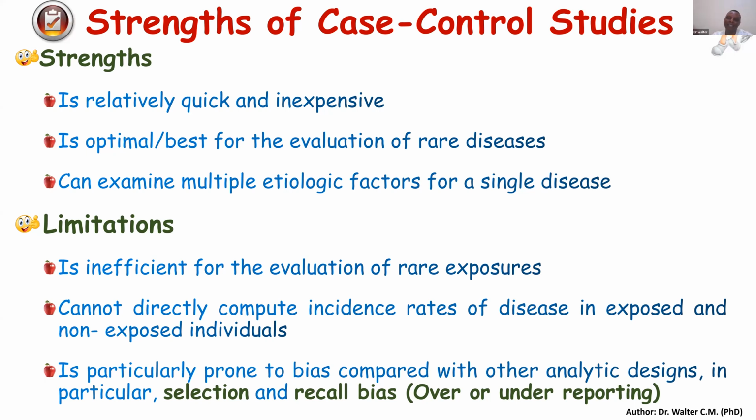But if they are a large number, it means you opt for cross-sectional, be it descriptive or analytical. And if we want to compare, and you want to be under the observational studies umbrella, it means you opt for a case control study. So you can evaluate rare disease, but also you can evaluate many factors that contribute